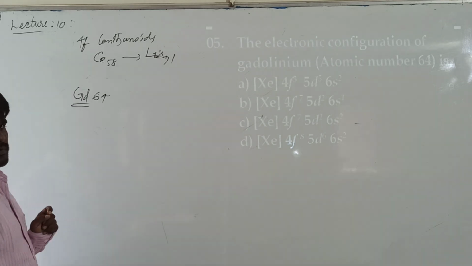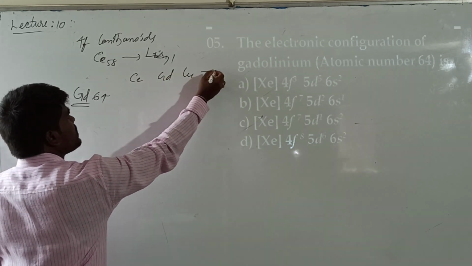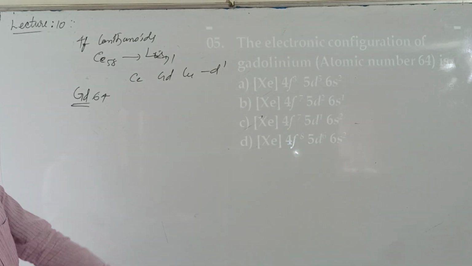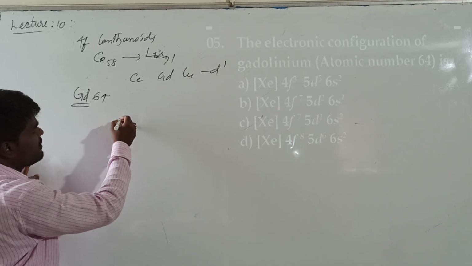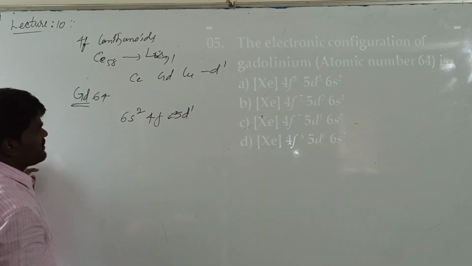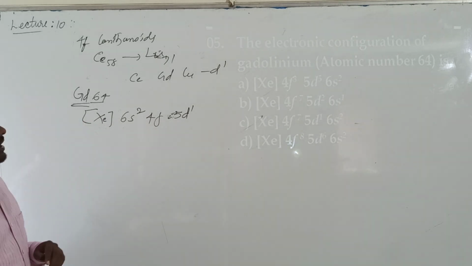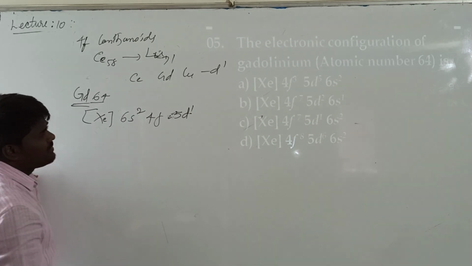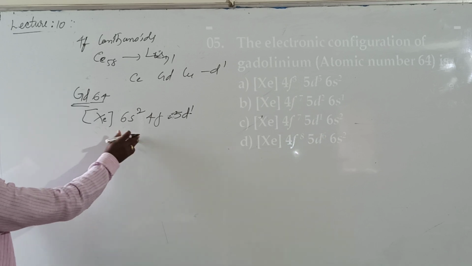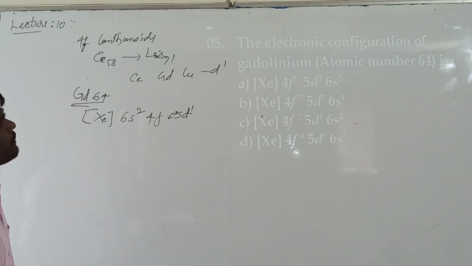The atomic number given is 64. Generally in the lanthanide series, cerium, gadolinium and lutetium have a d1 configuration. The rest of them have a d0 configuration. So what is the general electronic configuration of the 4f series? It will be 6s2 4f and 5d1. Generally it comes after xenon, 54. And how many electrons are required? It has 1 electron in the d1. So the rest of the electrons should be in the 4f. This is 54, so it has to be... one second. Gadolinium will be 61.